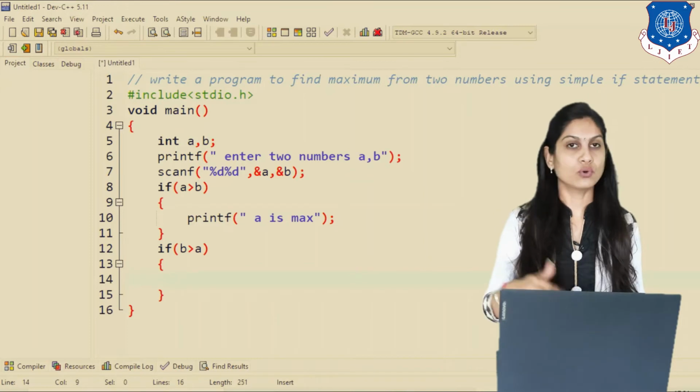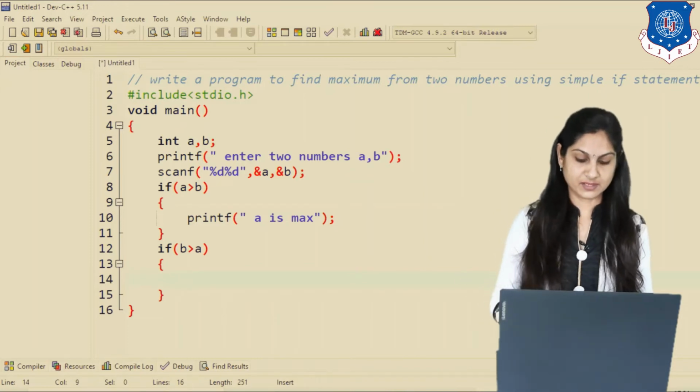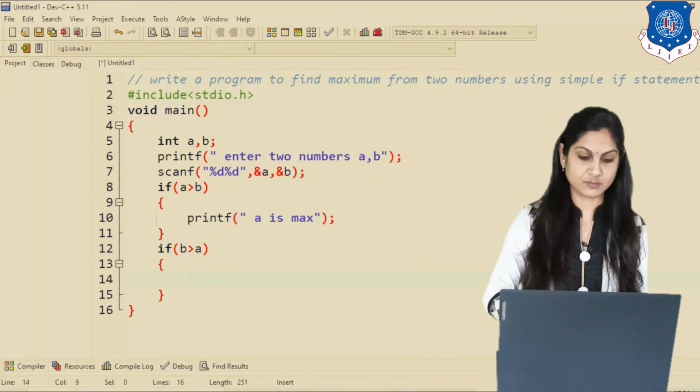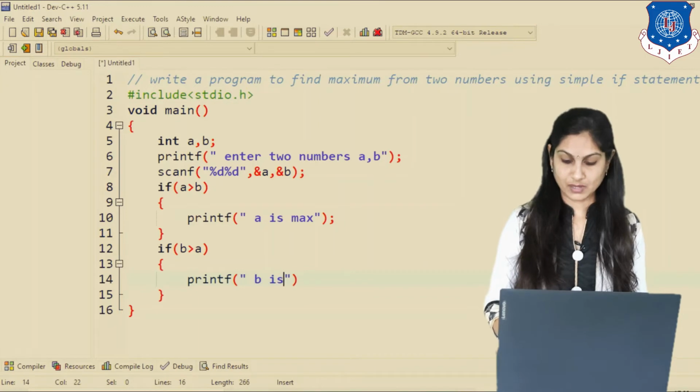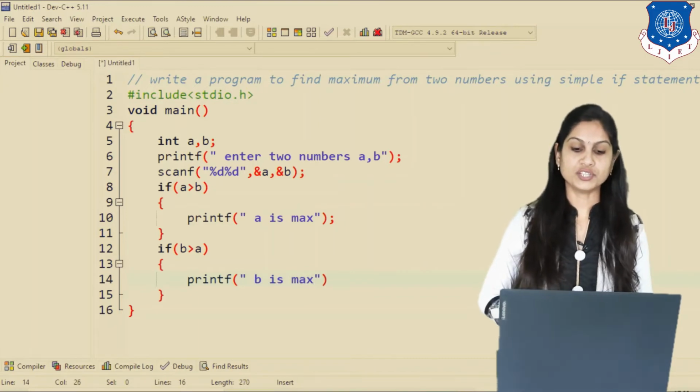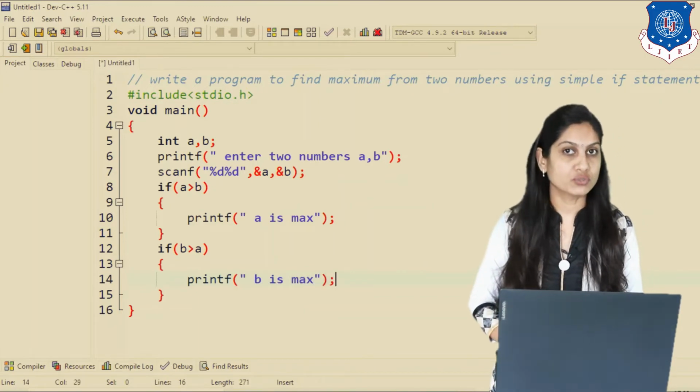Yes, then we go inside that part and print the message, printf "b is max". So this is the logic for finding the maximum of two numbers.